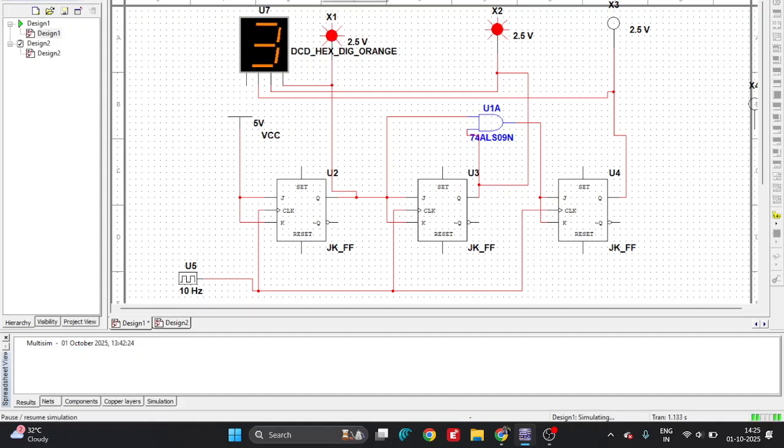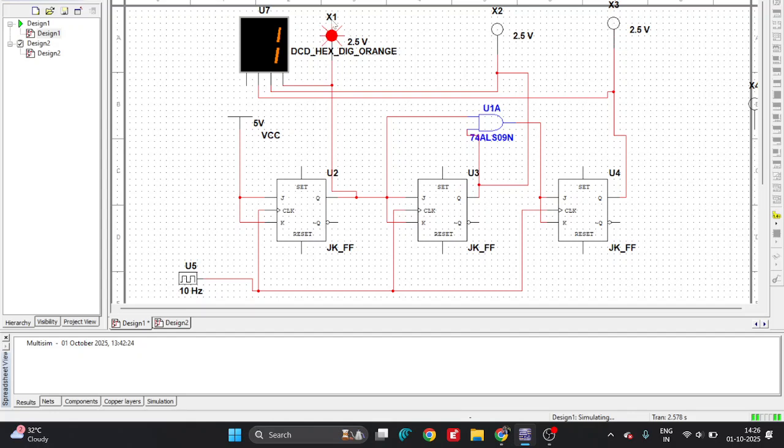Let's stop it at 7. What do you see? At 7 we have the 3 outputs, that is 1 1 1. And if I see 2, you can see at 2 it is 0 1 0. So 2 is this, and then we stop at 3. Now stop at 1. So 1 is 0 0 1. From here we are getting the output. This is Q1, this is Q2, Q3.